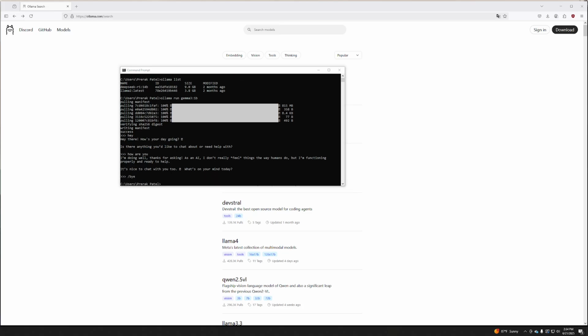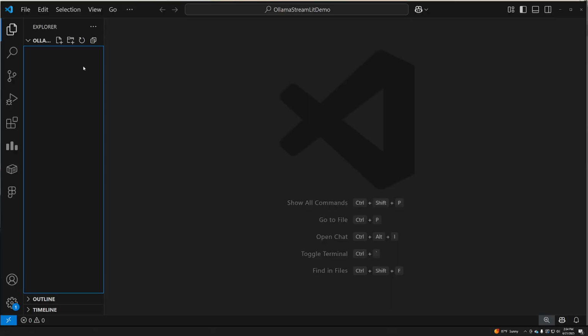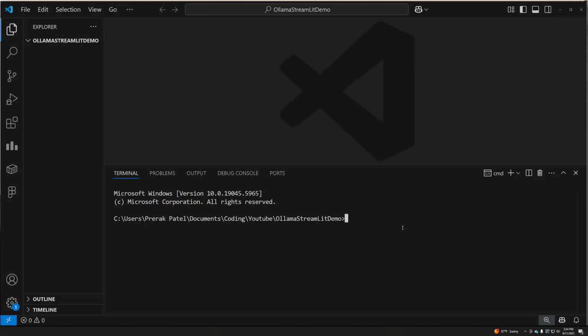Okay, so let's implement the Streamlit and Ollama connectivity. I'm going to open up a new VS Code environment and start up my terminal. To do this, first we want to create a virtual environment, right? So I'll do python -m venv, and just going to wait for this to complete. Nice. Now I'm going to activate it.